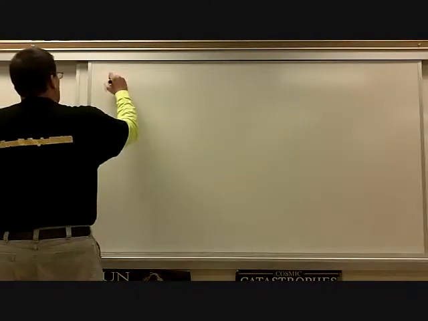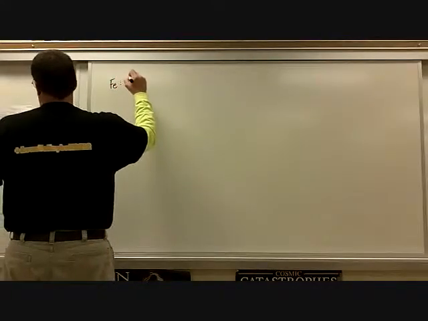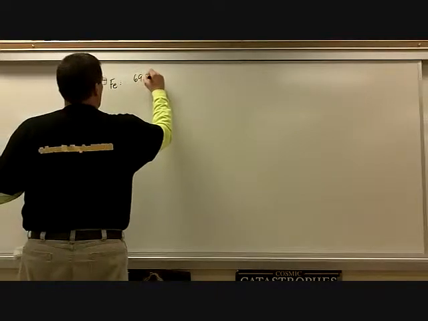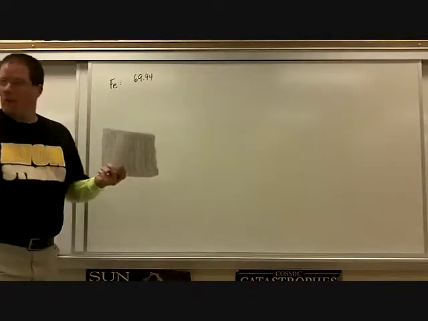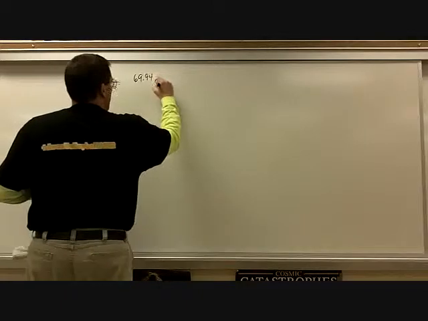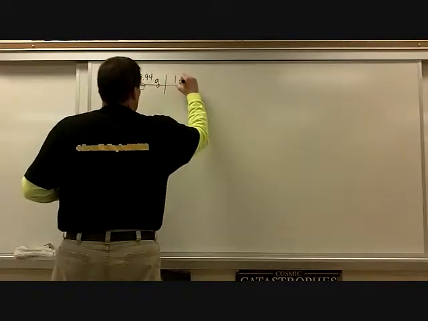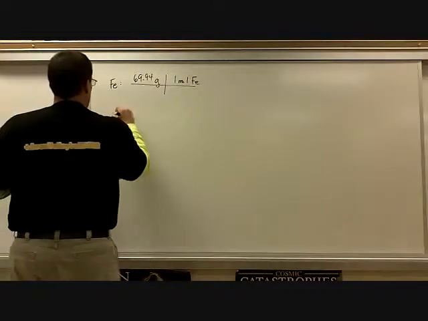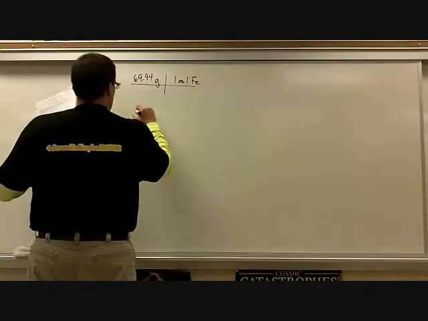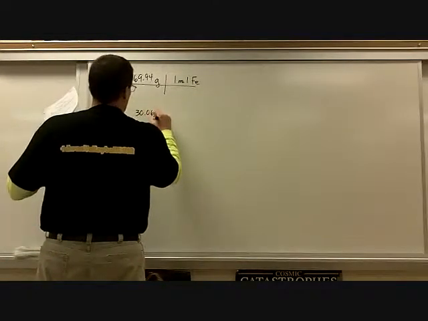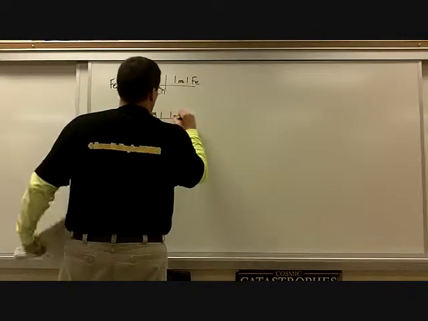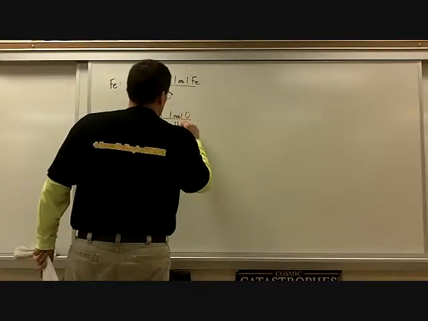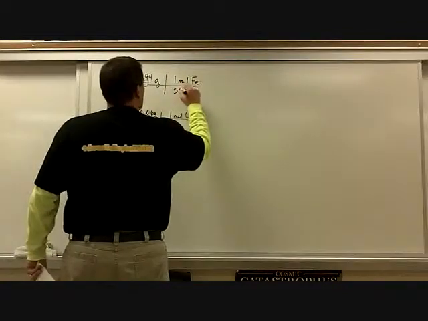So we have our iron, and we have 69.94%. So just pretend you have a 100 gram sample. That's the easiest way to do it. And then what is the other one? Oxygen, and that's 30.06 grams. And iron is,